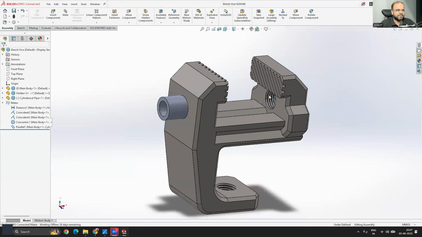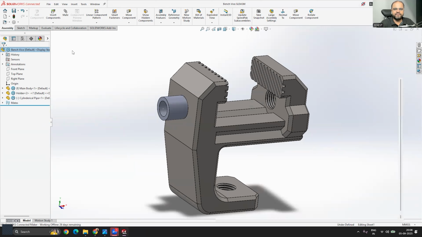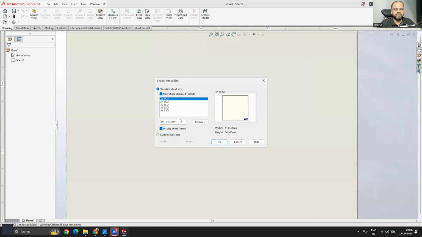Now since we have saved the file, it is time to start converting this assembly file into a drawing file. And for that, you just have to go onto this file menu, right? And the moment you click on that, can you see that option that says make drawing from assembly? Just click on it. And the moment you click on it, a window will pop up